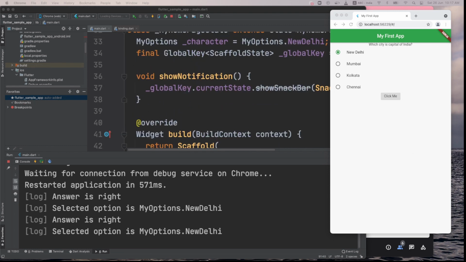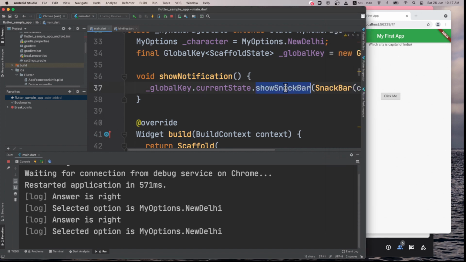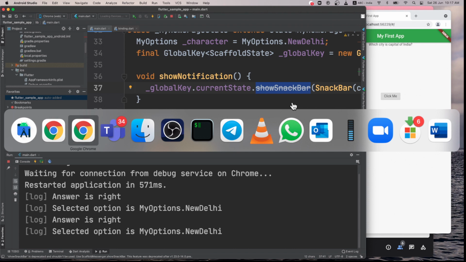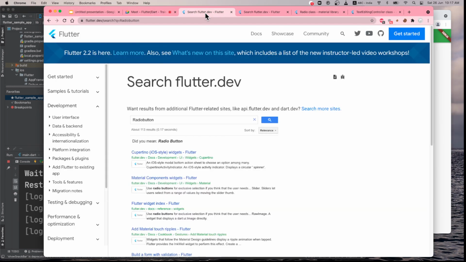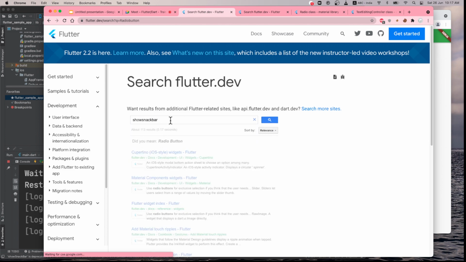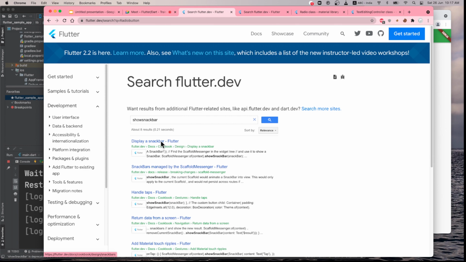So now we have the snack bar that we want to use, and that should be able to show. So maybe I should just copy paste this and we'll see the sample. That is the easiest way. Here we can search snack bar, display snack bar.